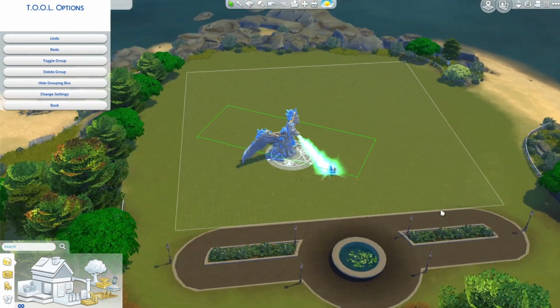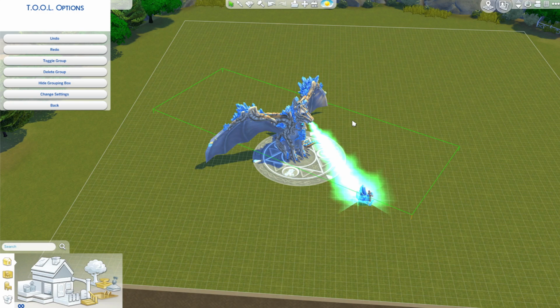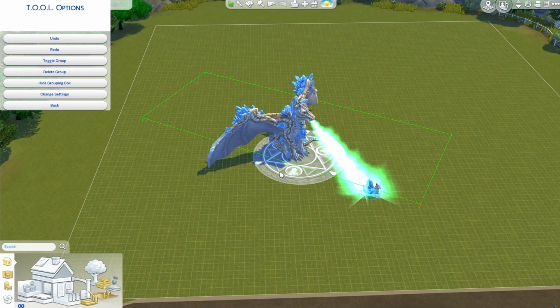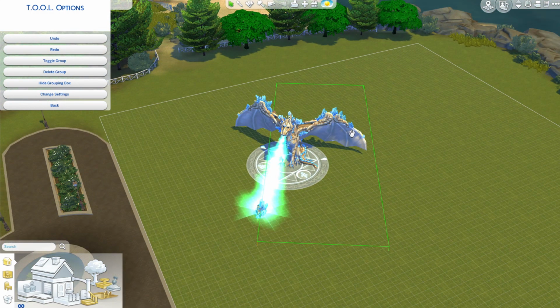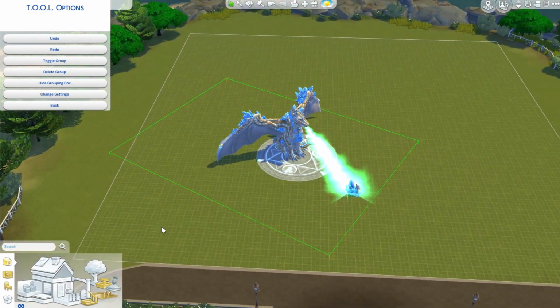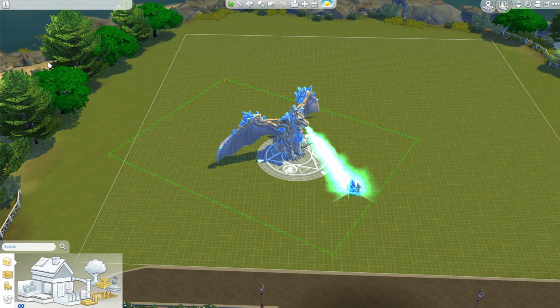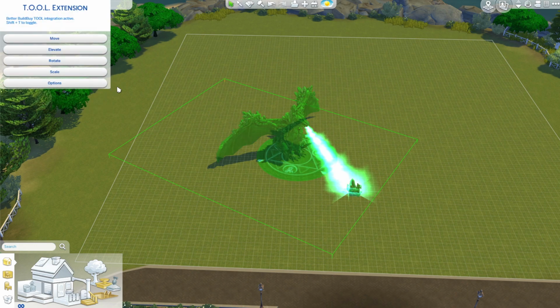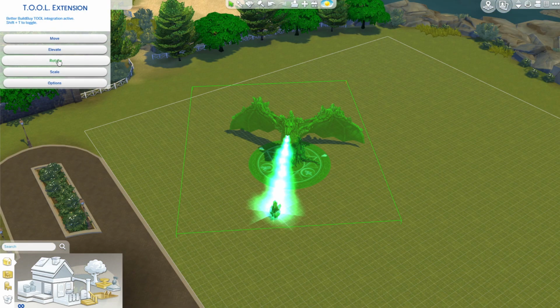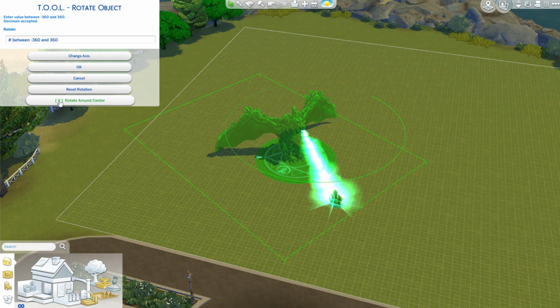So hopefully that's not too confusing, but what it means is sometimes it can be a bit tricky to get the box to line up where you want it. So I'm realizing that in order to fit everything in, this corner of the box is perfect, but this corner is not. So I'm going to widen it even further like that by just holding the shift key down and clicking on it. And then you just go to toggle group, you click on toggle group and it will select everything. And then what you'll do is you'll go to rotate, and I've already clicked on it, rotate around center,